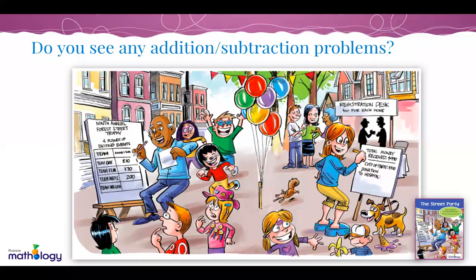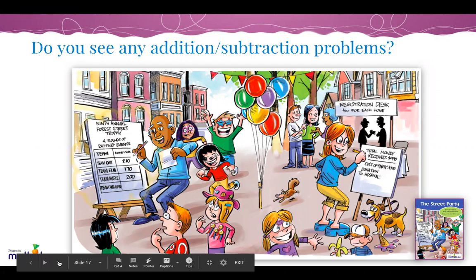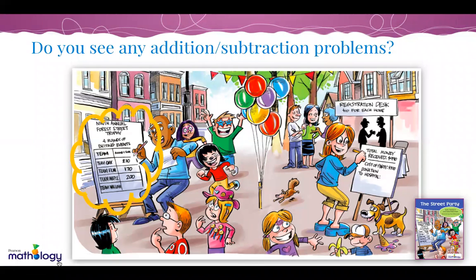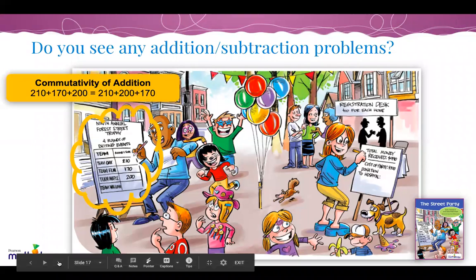So we've got people thinking about inverse operations and comparing the scores of the teams. Oh, sharing the money. So we've got total money received and cost of the party. Maybe we're giving some of the money to the hospital. Great. And so this is where we can really help students consolidate those ideas of those inverse operations and some